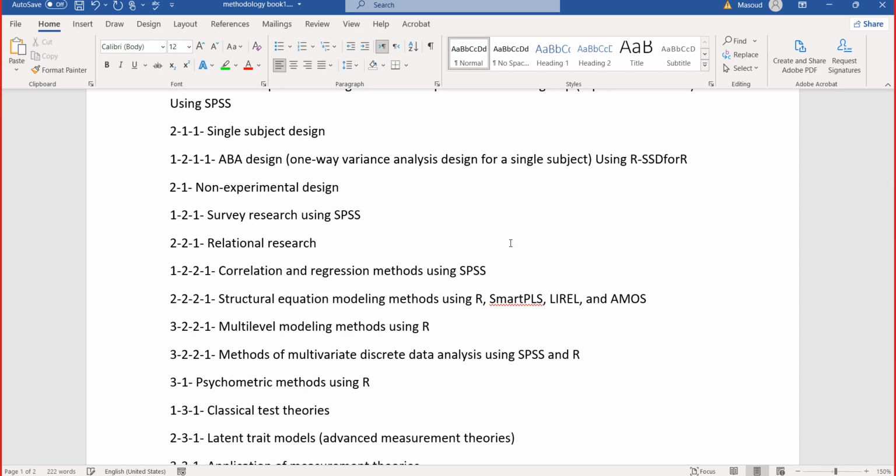After that, I'm going to divide the other quantitative alternative for non-experimental design.